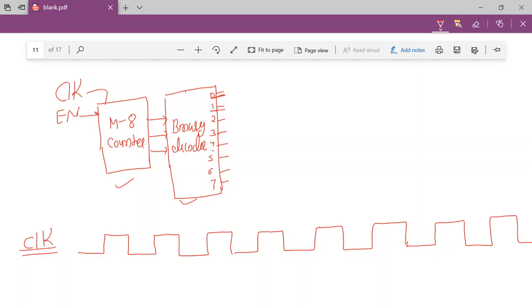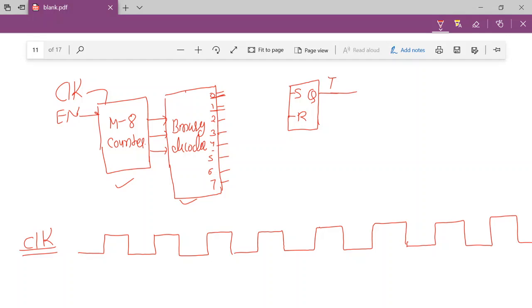Okay, now let me give you an idea. Suppose I am going to use a flip flop here, an SR flip flop. I think you are familiar with the SR flip flop functionality. Let me denote the output of this flip flop as Q. We know if S and R equal 0, 0, Q will not change. If S equals 1, R equals 0, Q will be 1. If S equals 0, R equals 1, Q would be 0. You know?